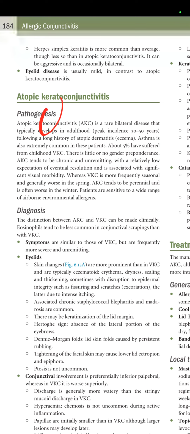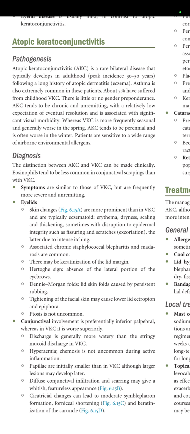Very important, it is usually a chronic and non-remitting disease with a relatively low expectation of eventual resolution and is associated with significant ocular morbidity. Whereas VKC is more frequent, seasonal, and generally worse in the spring, AKC tends to be perennial and is often worse in winter. Patients are sensitive to a wide range of airborne environmental allergens. The diagnosis: